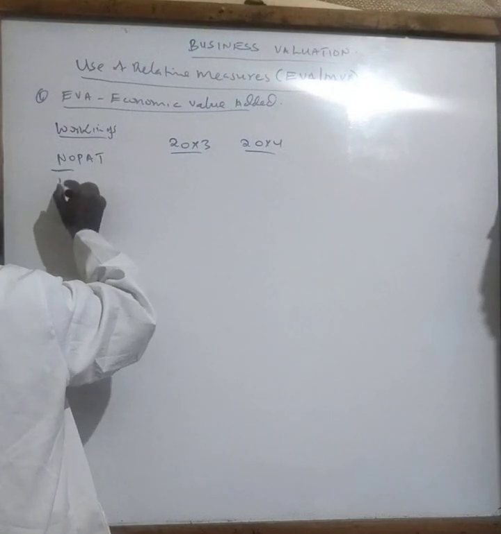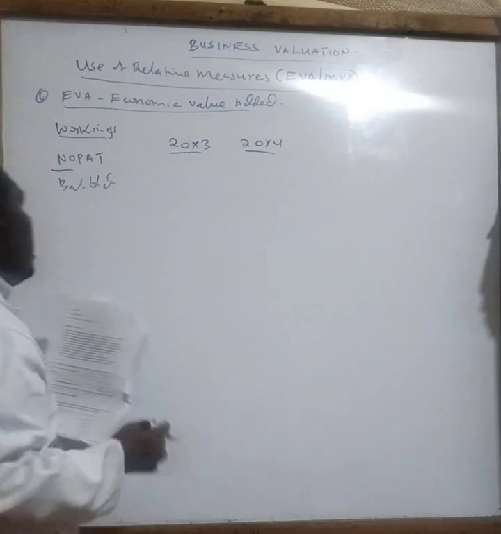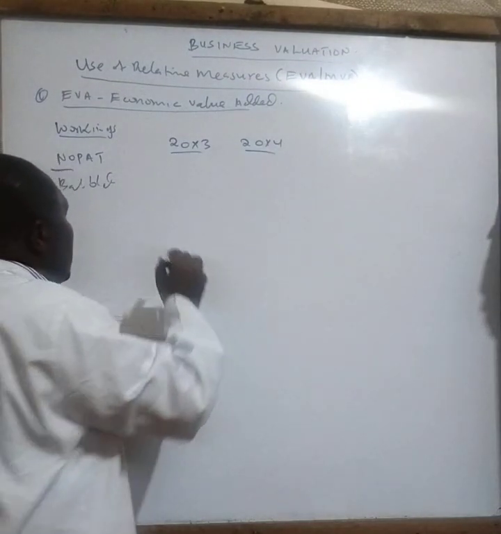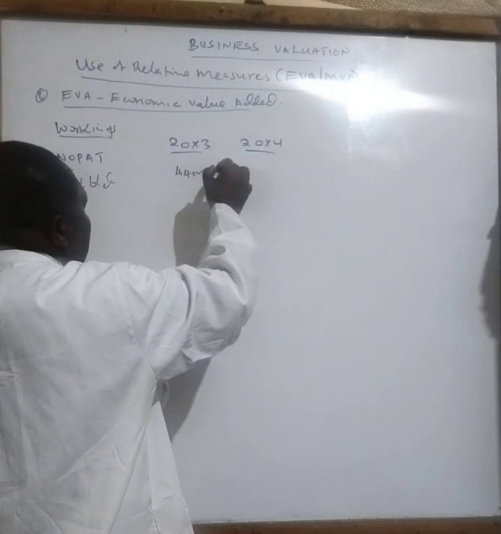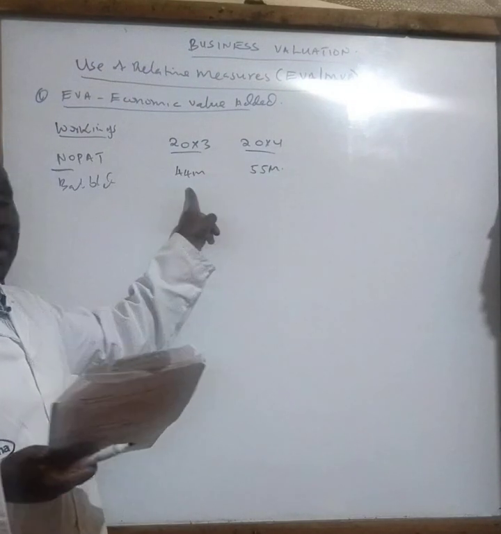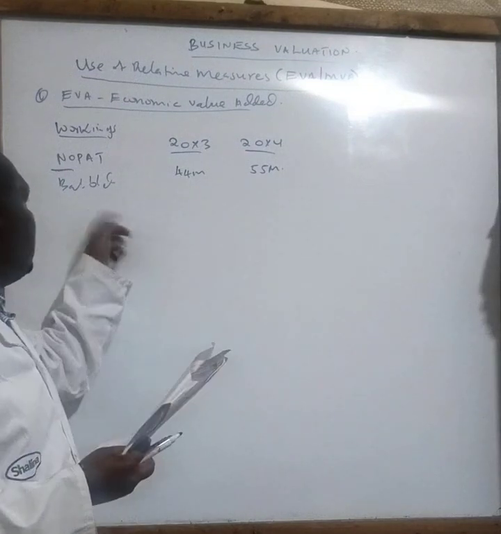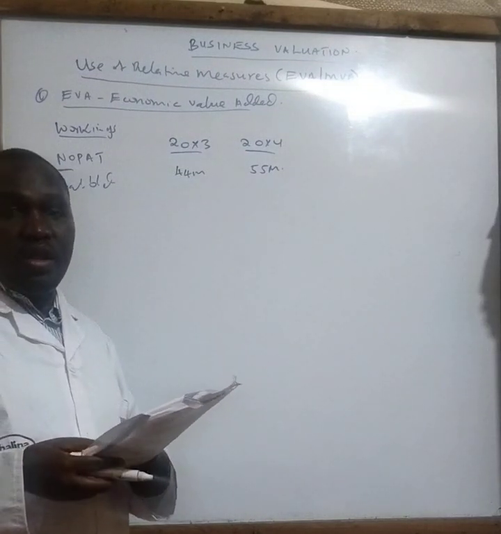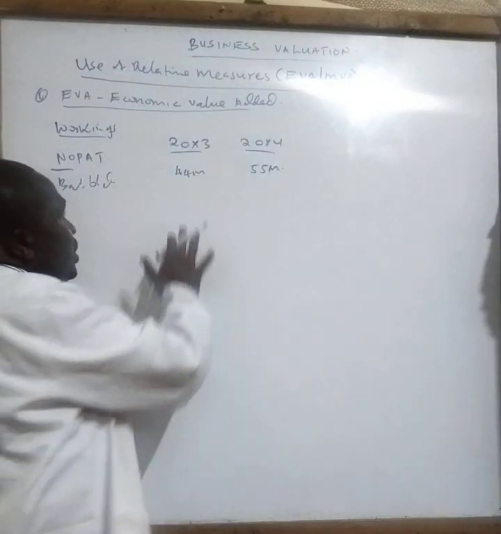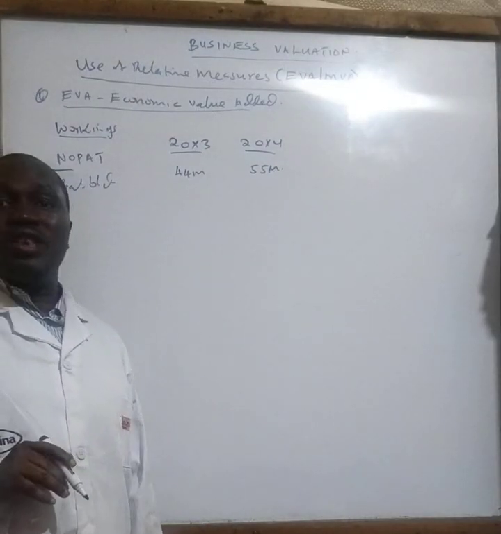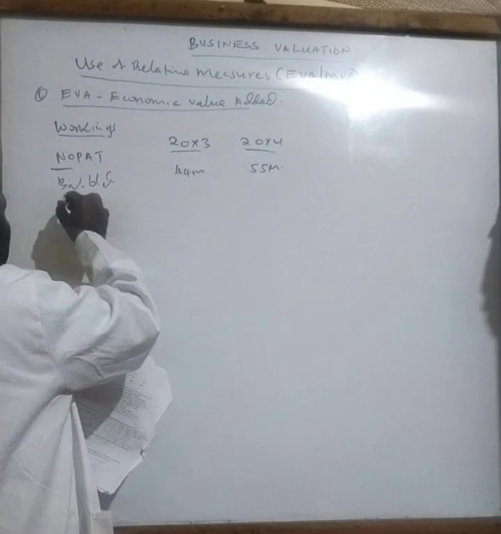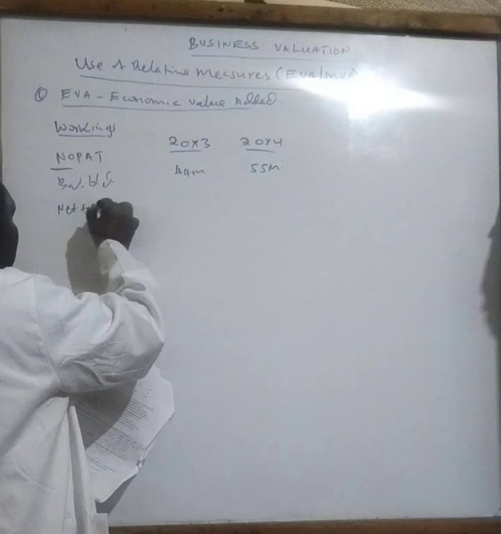In this case, we can say the balance brought down is the net profit after tax, not retained earnings. So the retained profit after tax is 44 million for 20x3 and 55 million for 20x4. This retained profit has a problem: interest expense was deducted directly for these figures to be arrived at, so there was no tax advantage. Therefore we need to add the tax advantage, the net tax interest.